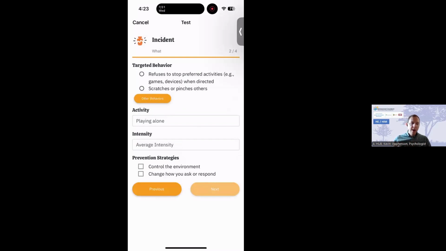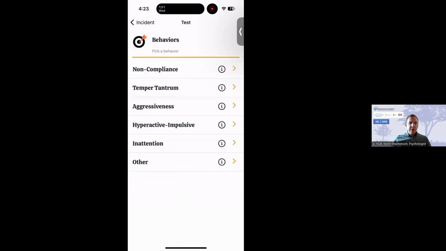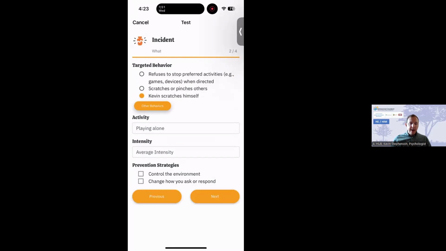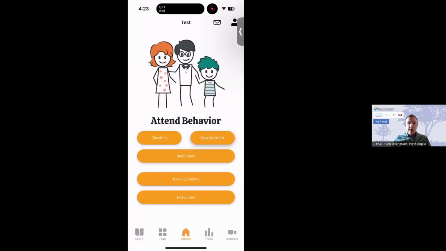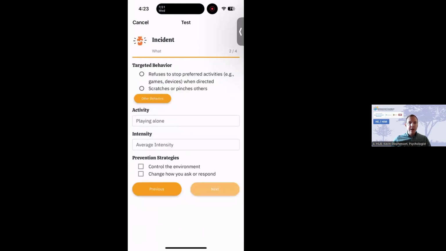And then you can select behaviors here, go to the other behaviors, and there's a wide variety of specific things. And then for this other one, you can add custom behaviors of things maybe that are relevant for you and your family that you want to talk about or really focus on.